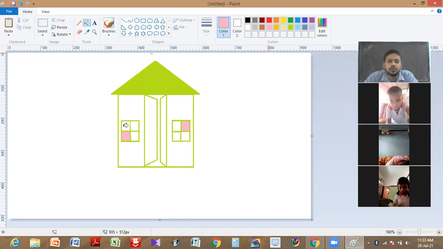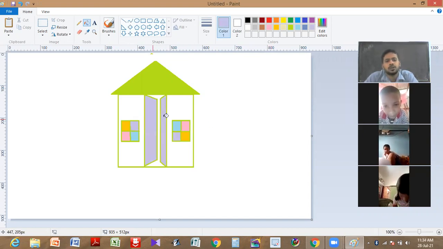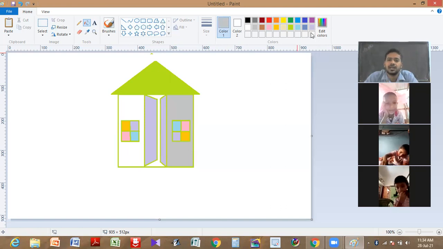Now, you make it here, you make it here, then you go to this one, then you take this one, this one. In this way, you can do different things. Now, if you want to give any color to the home, you can give, no, change the color. If it is the same, you please change the color.